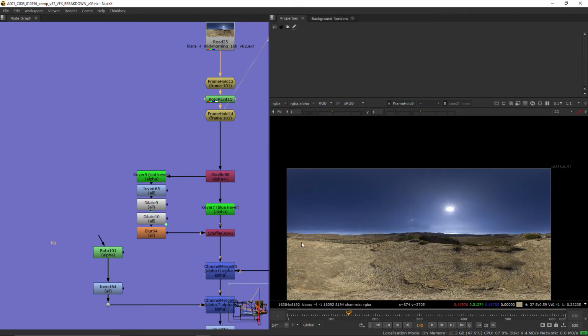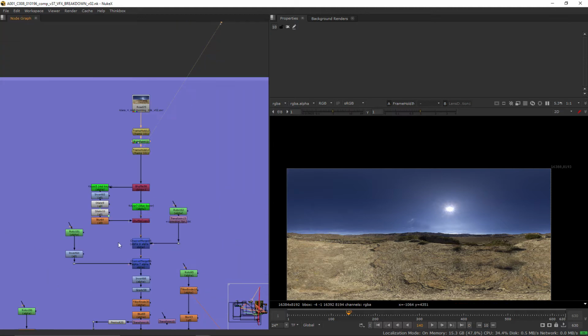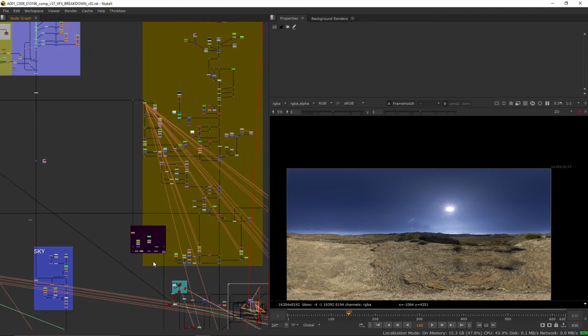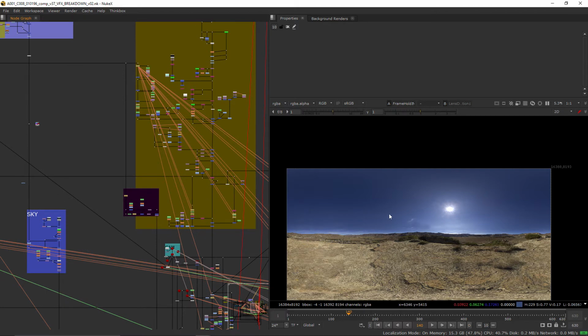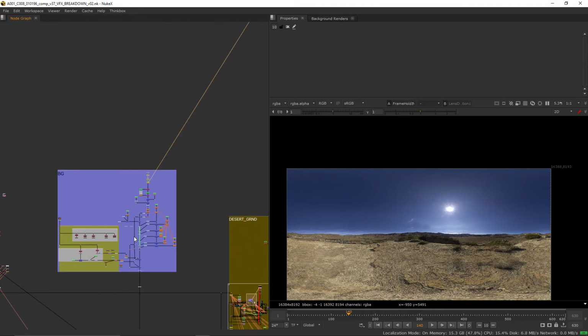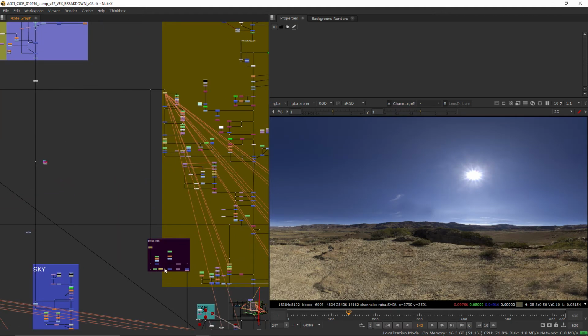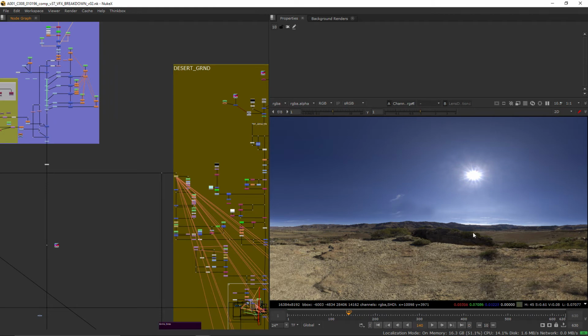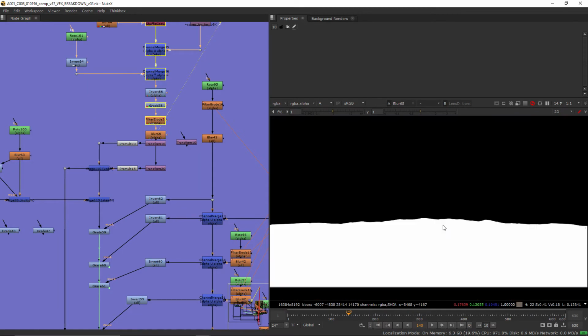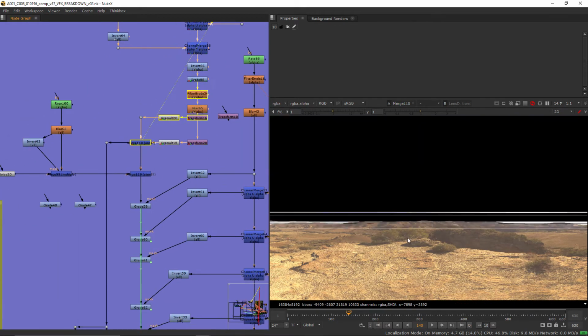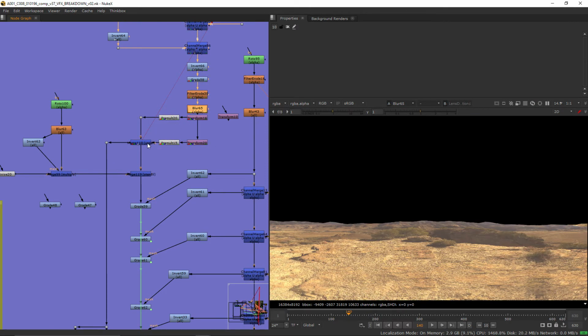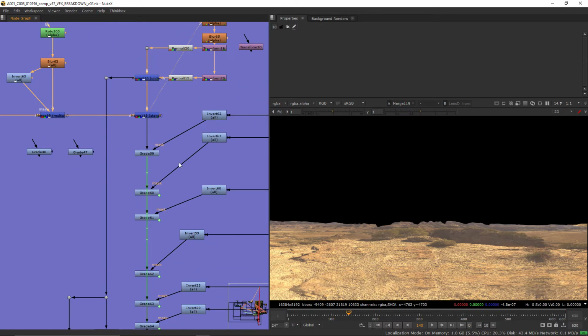And the reason why we needed the spherical map is because we've used it in every shot of this scene, and when we plug it in the new camera of another shot, it was all properly laid out automatically, because the camera is already properly positioned for each shot in Houdini to render their backgrounds. Extracting the alpha here by keying out the sky, making them a little bit lower, then cutting them out with